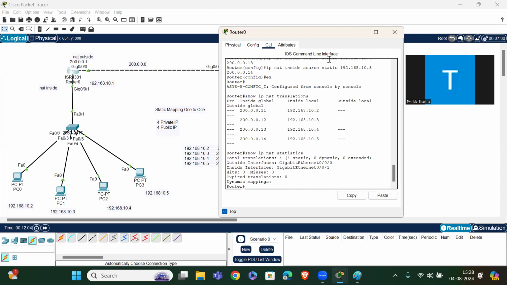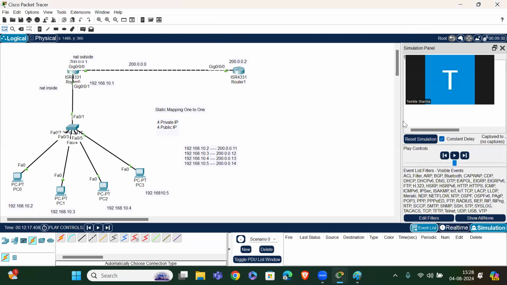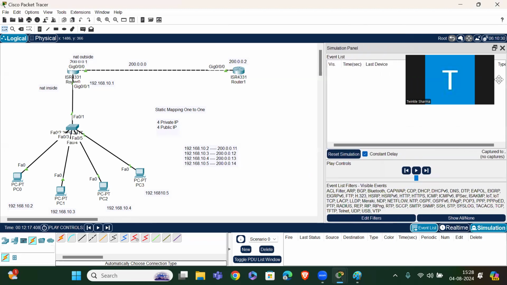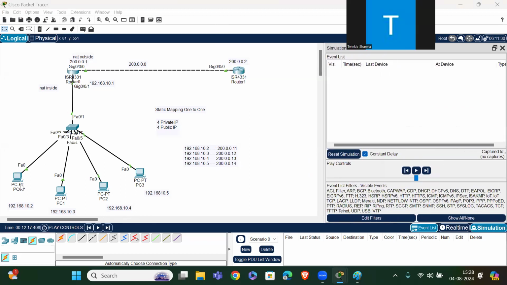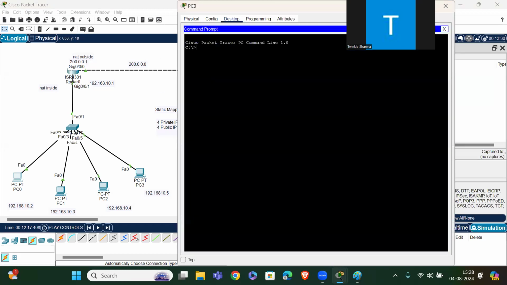Then let me ping now. Let me ping from PC1: ping 200.0.0.2.